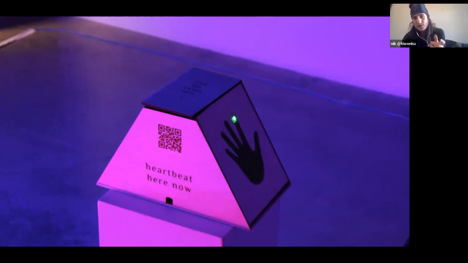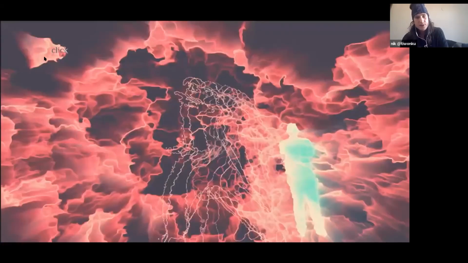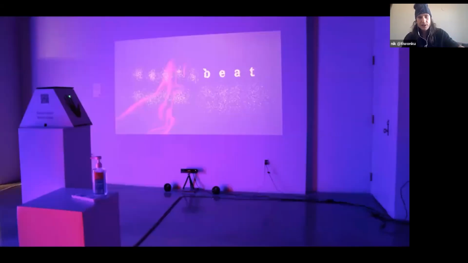There was a live streaming aspect to this too, where if you notice in the top left corner here, it says click. I brought that same interaction into this, where this whole in-person experience, and again, it looked like this, was also being simultaneously live streamed. So as people were interacting with it in person, people could be interacting with it from the internet, from wherever they happen to be, clicking on the screen, and those clicks would show up on the physical projection in the physical space. So the hope was that it would create a sense of a ghostly presence